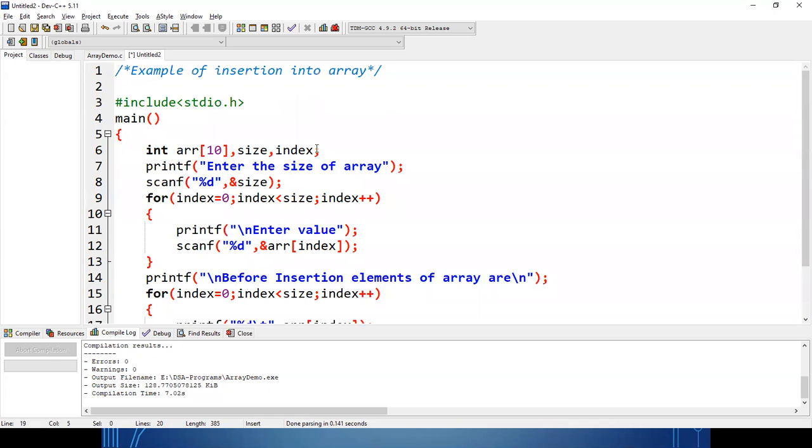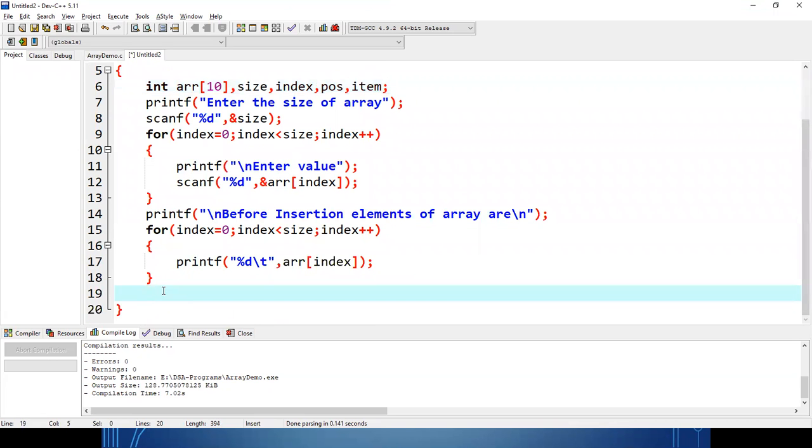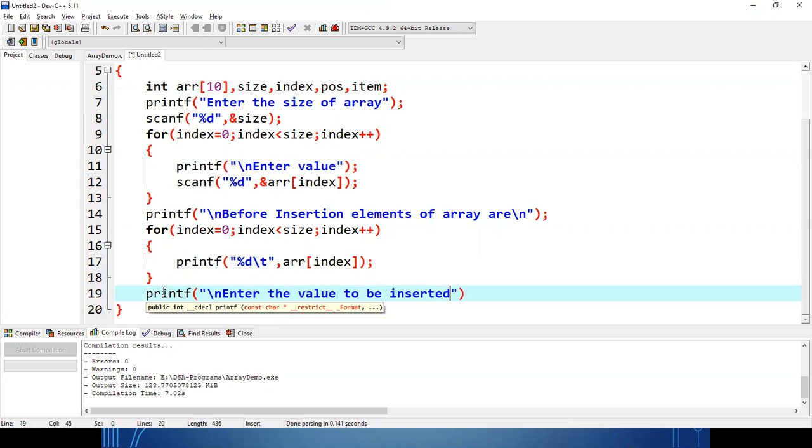But while inserting a new element, I need a position where to insert and one variable or value what to insert. Clear? So I'm asking the user, enter the value to be inserted.